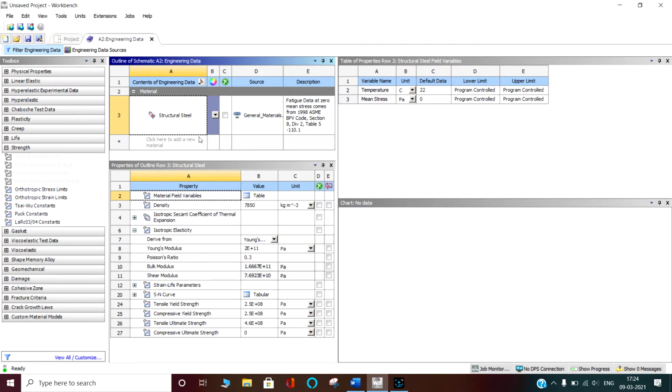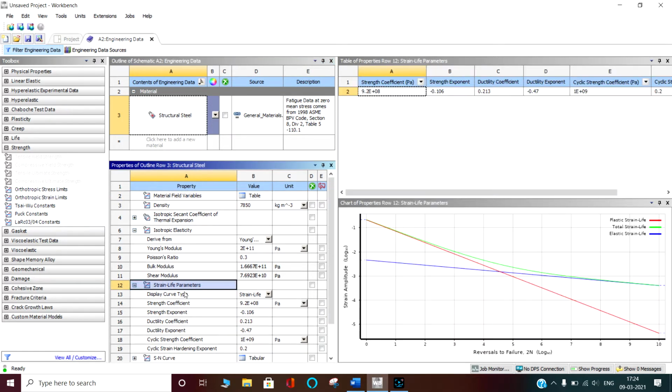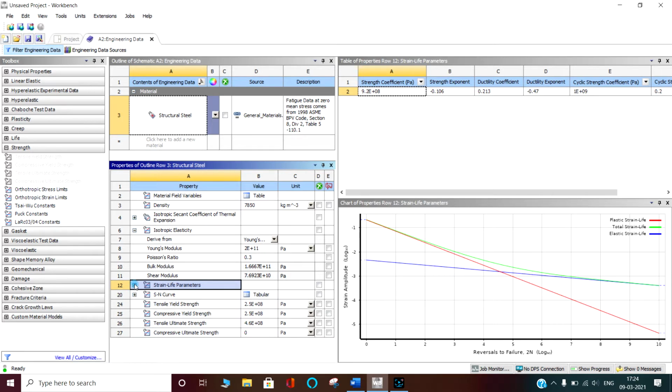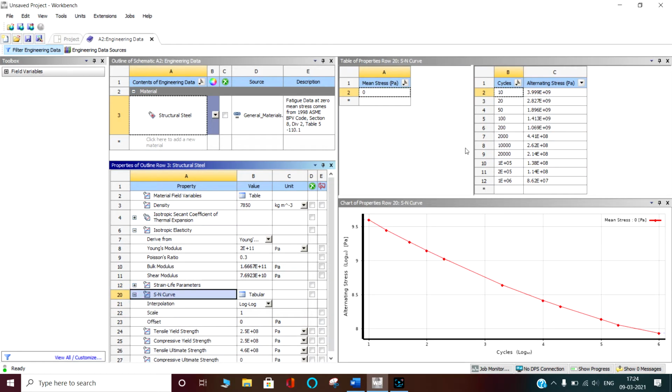Any two are independent. We have the strain life parameters. The S-N curve is there with the number of cycles: as the number of cycles increases, the alternating stress decreases. Everything is available here.